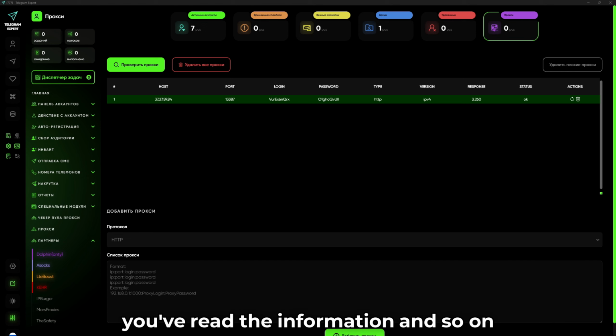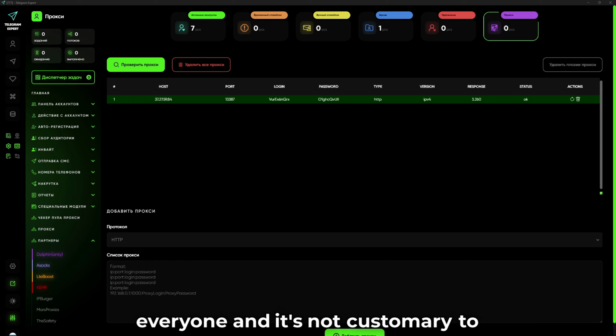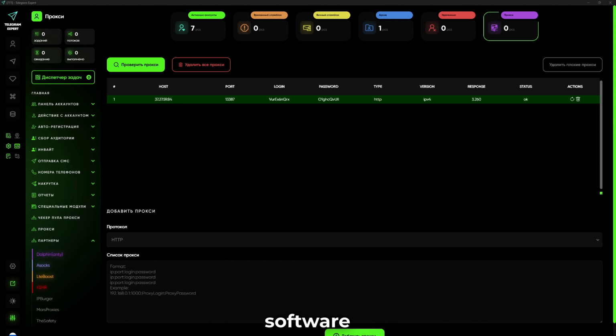The main thing to remember is that proxies are a personal matter for everyone, and it's not customary to share them. So, study the information, then move on to testing.